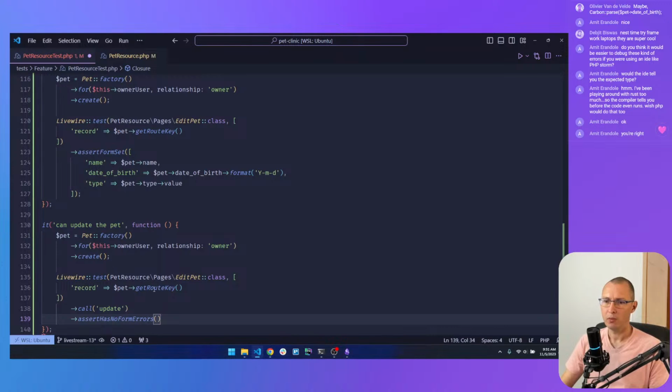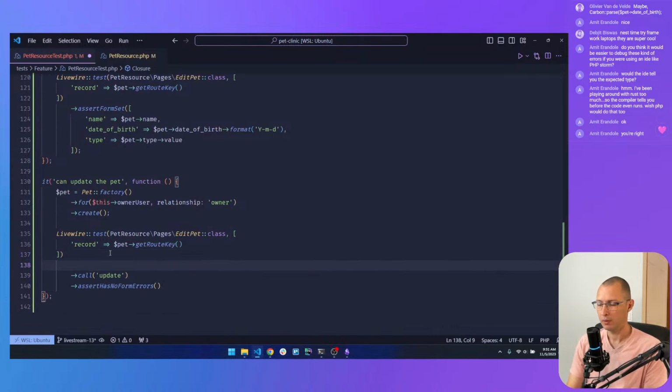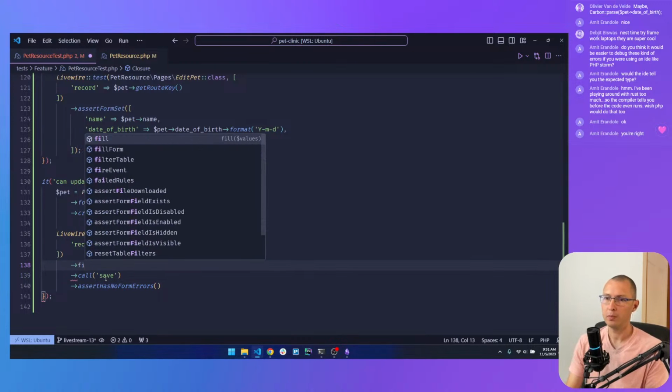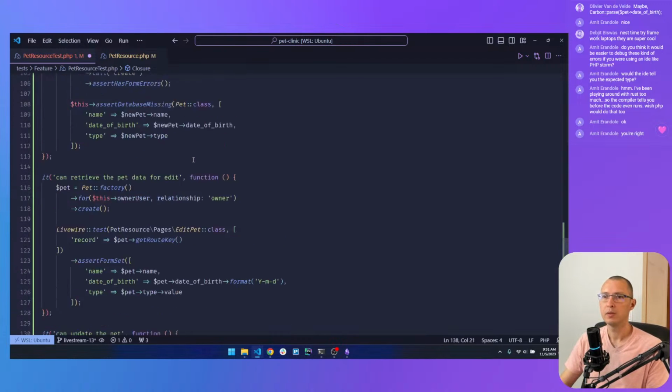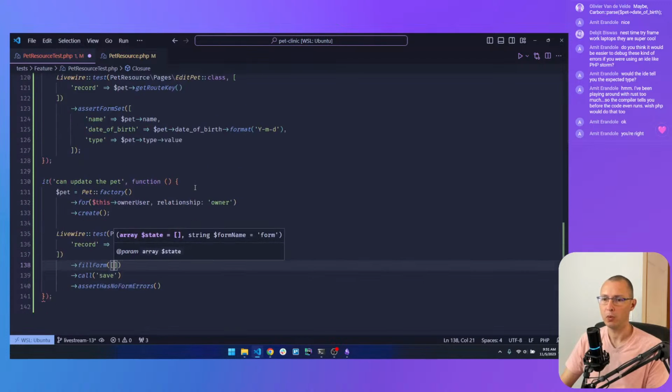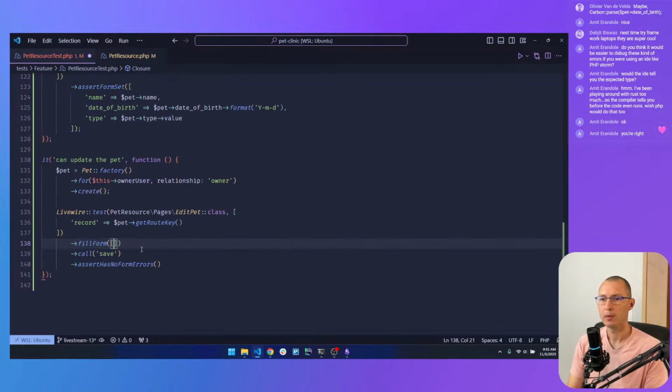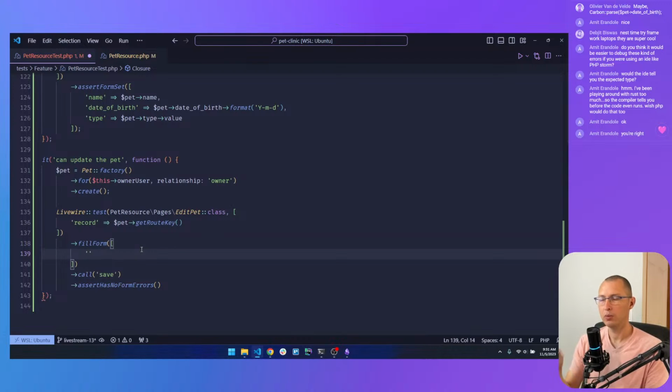So I'm going to refill the form here before calling save, update. Oh, it's save. This is not update, just save. And here I'm going to fill form. Is it fill form? Yeah, fill form. And I'm going to use new data. So the name, I'm going to use plain strings for now, and then I'm going to rework and use another factory instance.